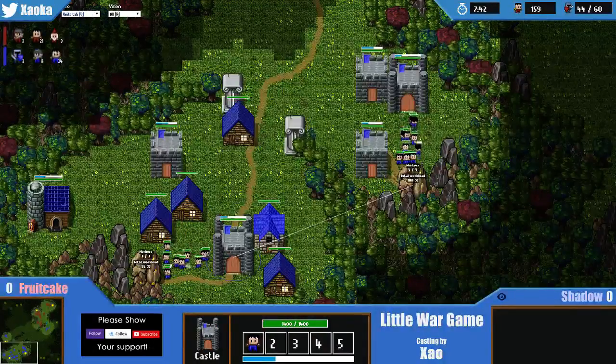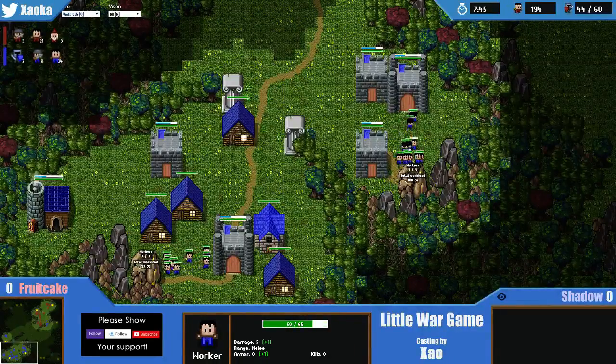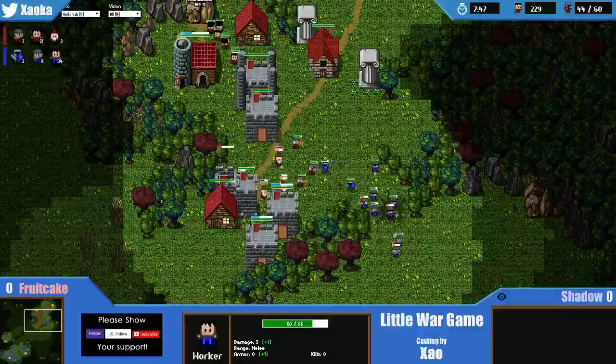Actually, Shadow is massively oversaturating this base by about 4 workers. He needs to transfer that. But here we go. He breaks through